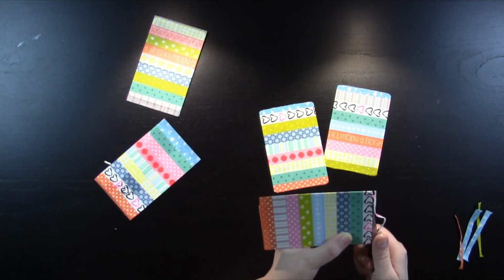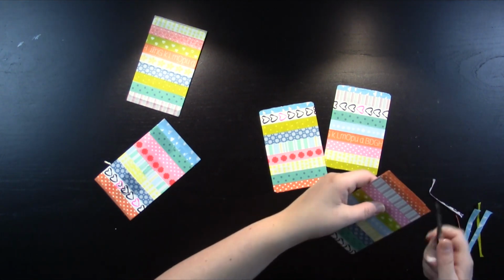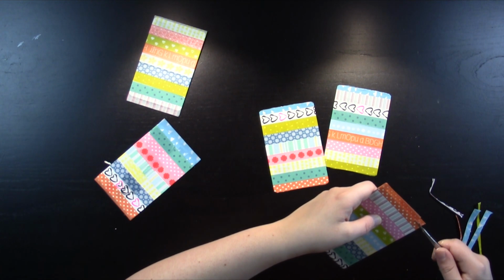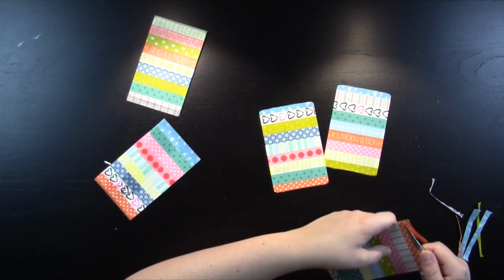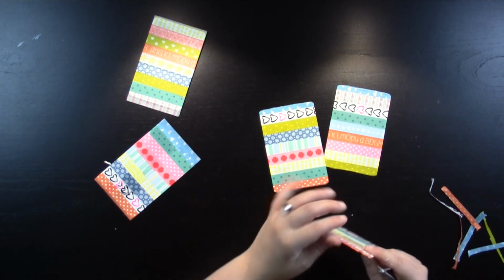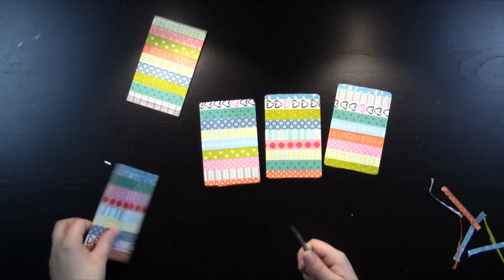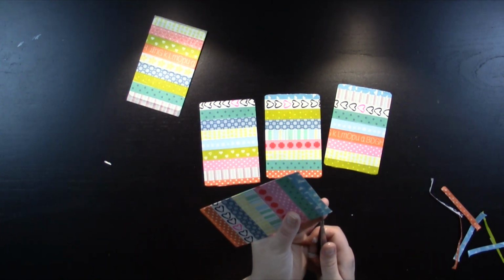And while I will have the matte medium dry, I will already cut the focal points that I want. And for that I'm taking like a flyer from a company, and they have nice colorful things, so I thought, I'm gonna use it in artwork, because why not? So this one...